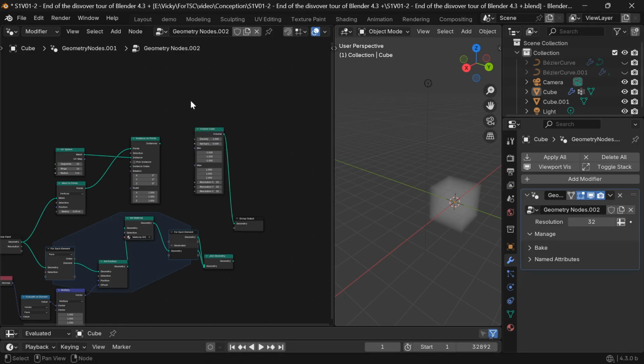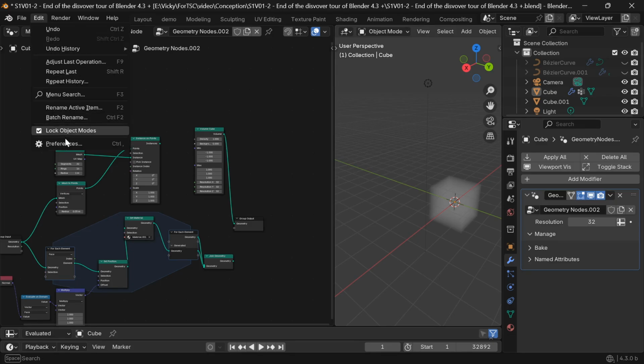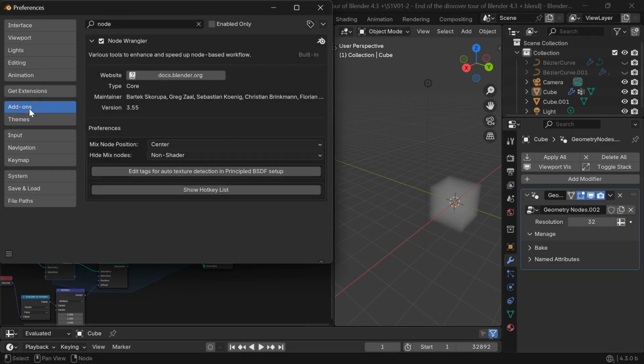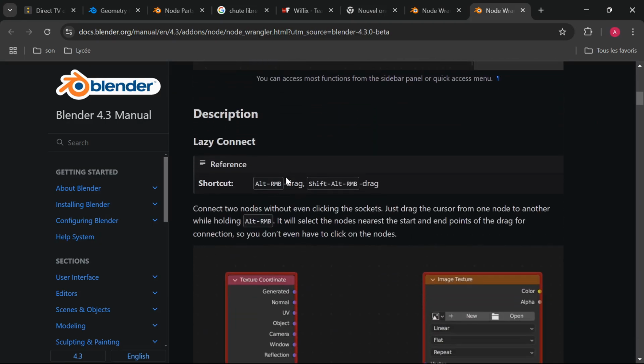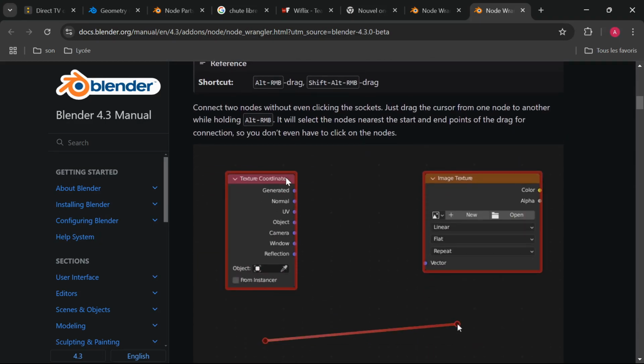To be more productive, I activated an add-on called Node Wrangler. It allows us to connect nodes more efficiently. It's doing presumption in connection. Like that, you don't have to target a specific socket with the mouse. I use the shortcut Alt plus Shift when I connect the node. With that shortcut, a selection appears to prevent wrong guessing and lets you make the choice.